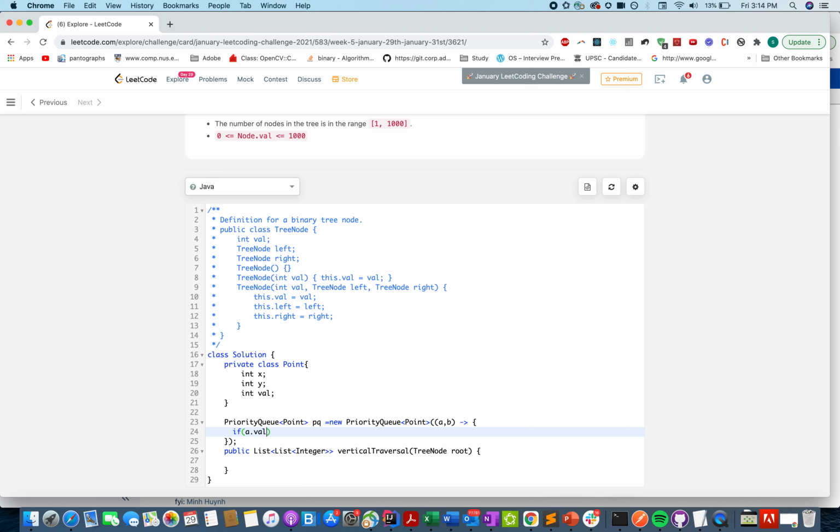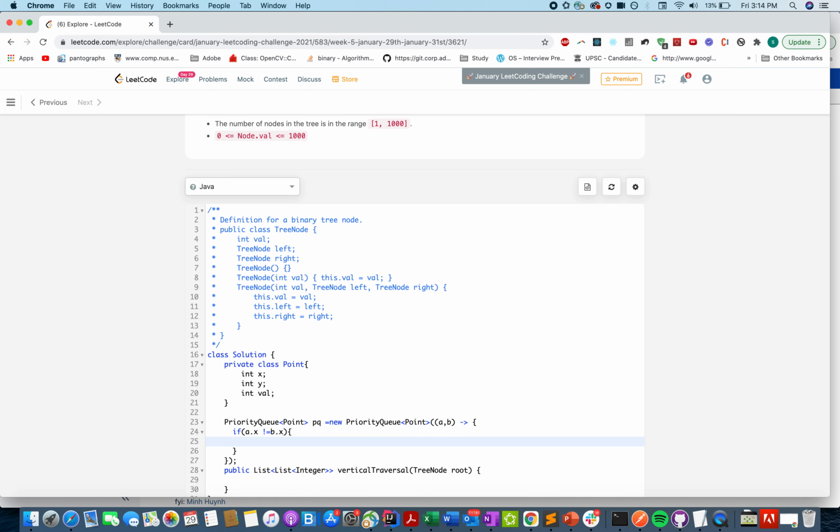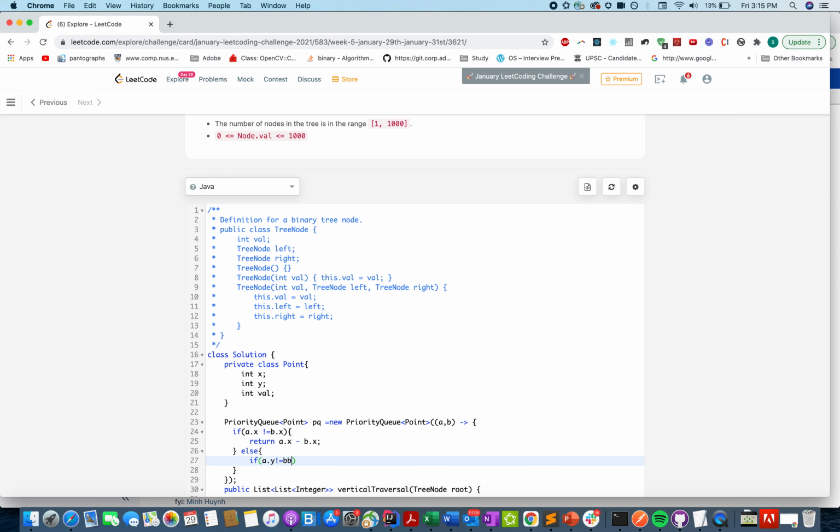If a dot x is not equal to b dot x, that means the two x coordinates are different, so return the one which has the lower value. Else, they are equal. If a dot y is not equal to b dot y, return the one which has the higher y coordinate.